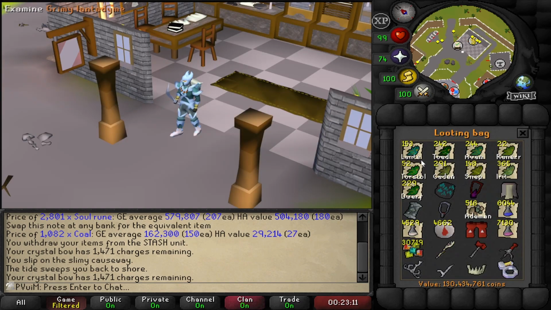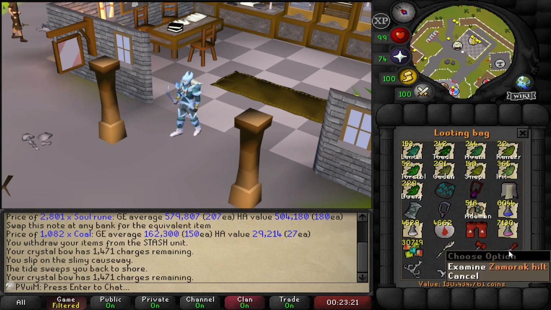Outside of all the herbs in my bag, which can definitely be cleared up, my bag is starting to get pretty crowded. The reason for that now is because I have 2 Godsword shards and the Zamorak hilt, and this is taking up 3 spaces. Now it could be reduced to 2 by combining the shards, but I figure it doesn't really matter at this